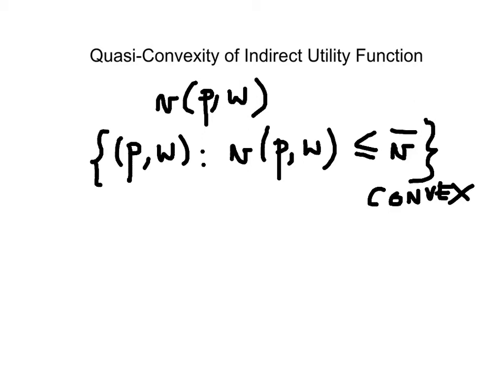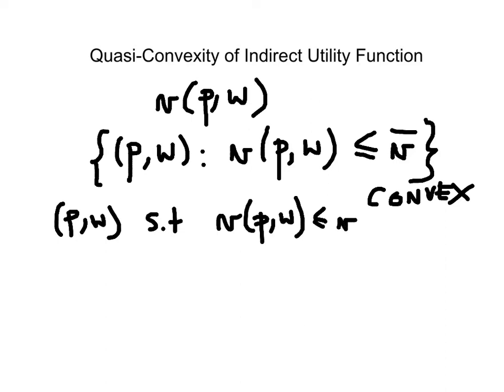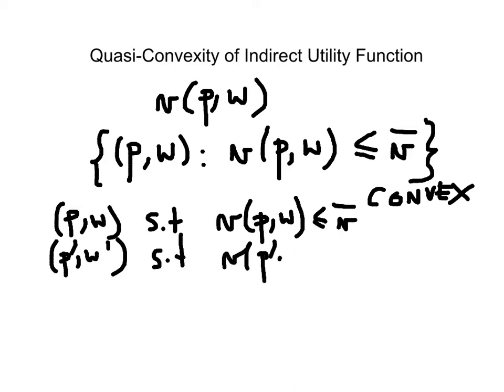So the proof for this is you pick P, W such that V(P, W) is less than or equal to V bar. So you pick a P, W vector in the lower contour set. You pick another one, P prime, W prime, such that, again, the maximum utility is less than or equal to the level. And now you have to show that the linear combination,